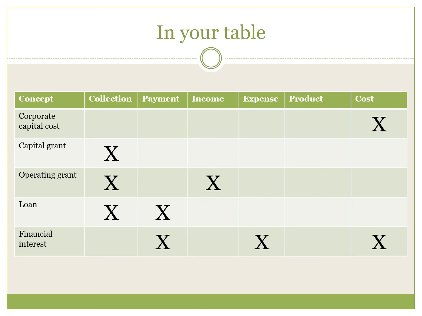And finally, you have the financial interest. As we said just in the previous slide, loans are going to be used for producing. So the financial interest is going to be a cost because you need it to produce. It's going to be an expense because it's part of the usual activities of the company. It belongs to the production department, to the financial department. And it's also going to be a payment because you always have to pay the